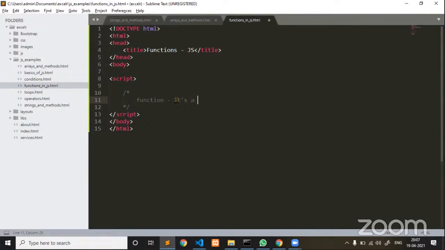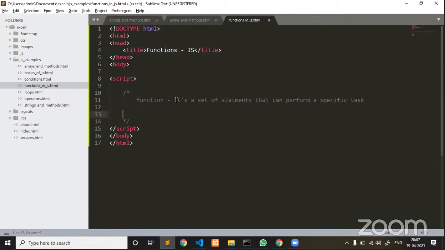It is a set of statements that can perform a specific task. So why do we have to create functions? For code reusability.